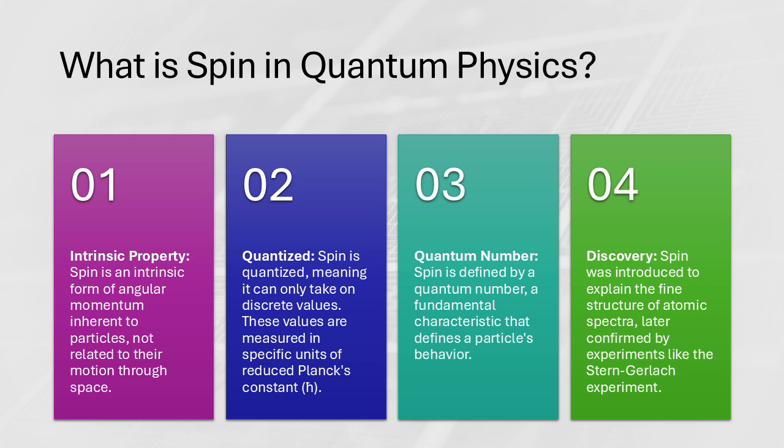Okay, this is definitely blowing my mind a little bit. So not only is spin crucial to magnetism and the structure of matter, but it's also connected to this bizarre phenomenon of entanglement. Spin really is everywhere. That's the beauty of quantum physics, right? It reveals this universe that's way stranger and more connected than we could ever imagine. And spin is one of the keys to unlocking its secrets.